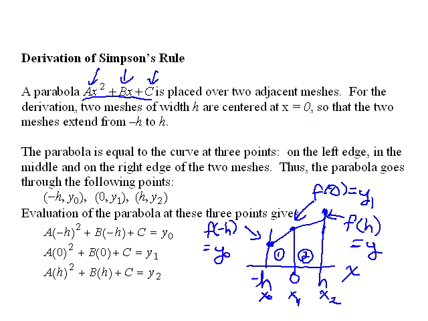So by making this association between the parabola and the value of the function at these endpoints, I end up with 3 simultaneous equations for a, b, c. The first one, x is minus h, so I put minus h in here for the x's, and that has to equal y0, which is the value of the function there. At x1, x is 0, so you see the zeros are here, and that has to equal y1. At x2, x is equal to h, so I put the h's in here, and that has to equal y2. So we have to solve these three simultaneous equations, but we get a good head start here, because